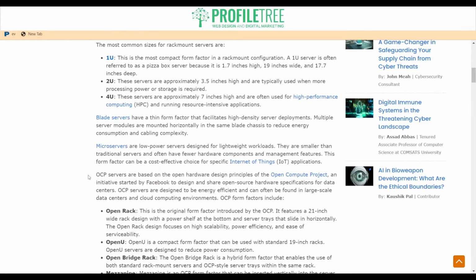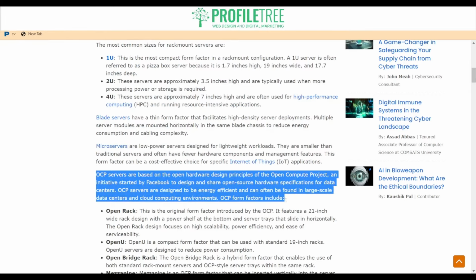And you also have OCP servers. I didn't think the man mentioned these, but OCP servers are based on the open hardware design principles of the Open Compute Project, an initiative started by Facebook. So that's just basically a couple of the